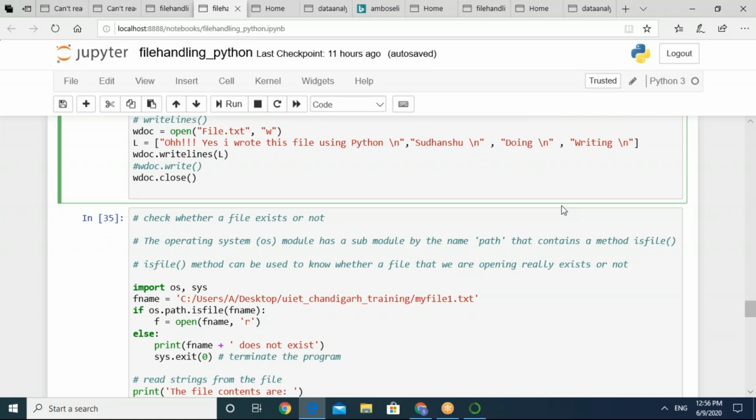Very nice. And in that we have read one method, that is the isfile method, which checks for the existence of the file, so whether a particular file is available or not.